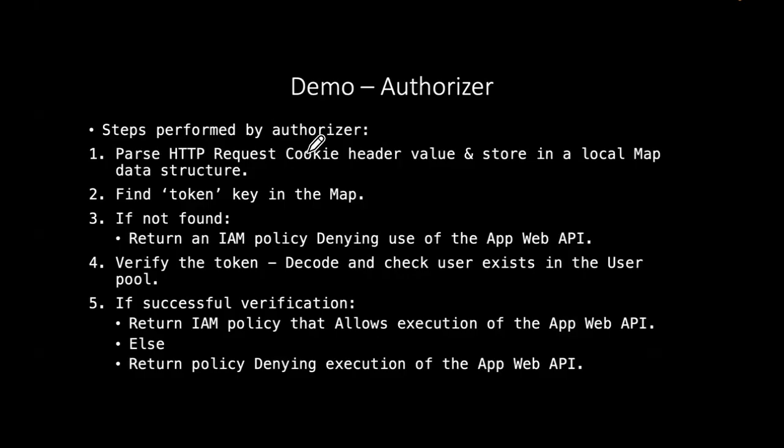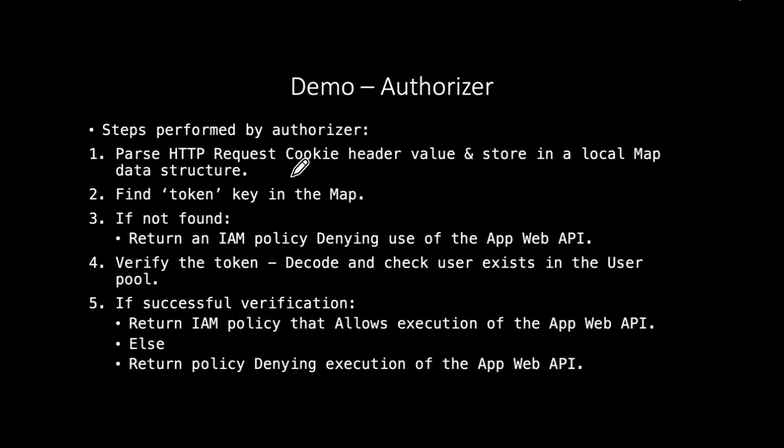So it just needs to do that, right? And what I've just decided to do is to store all of the cookies in a standard kind of map data structure, where the keys of the map are the cookie keys and the values are the cookie values. Now, it turns out that I'm only sending one cookie, so it's a bit of overkill,